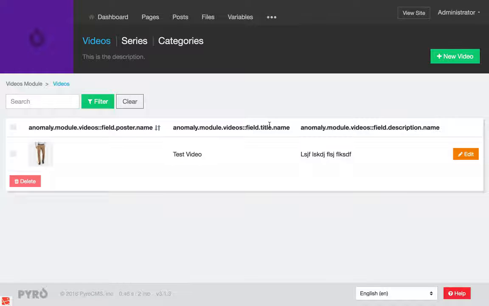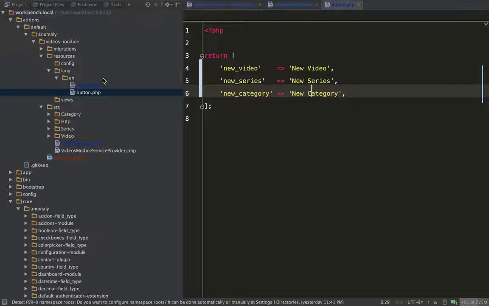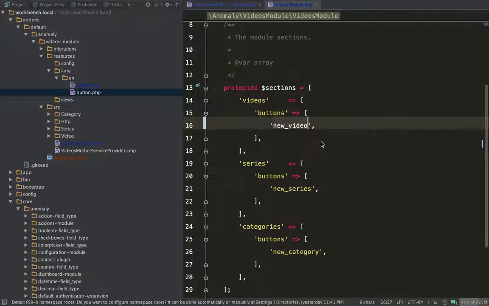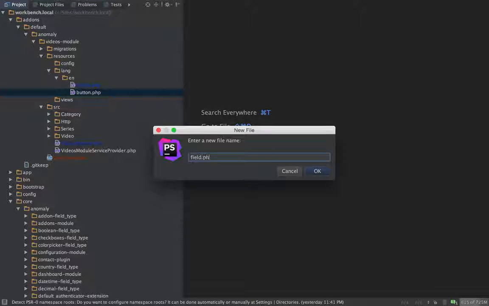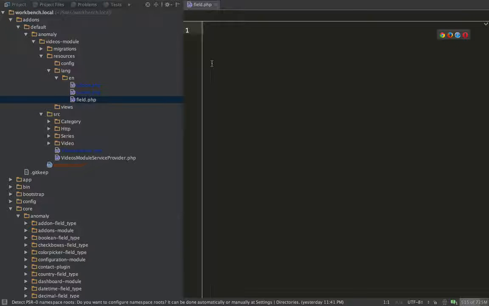Next, let's tackle these field names. So we've got the names for all of our fields. They go in a field file, followed by the field slug, and then a name key. So let's create that file, field.php. I'm just going to return